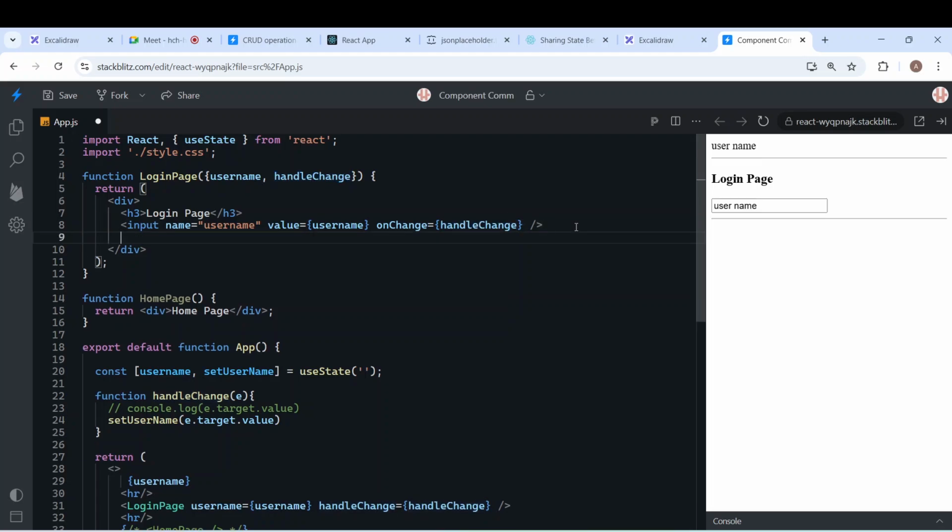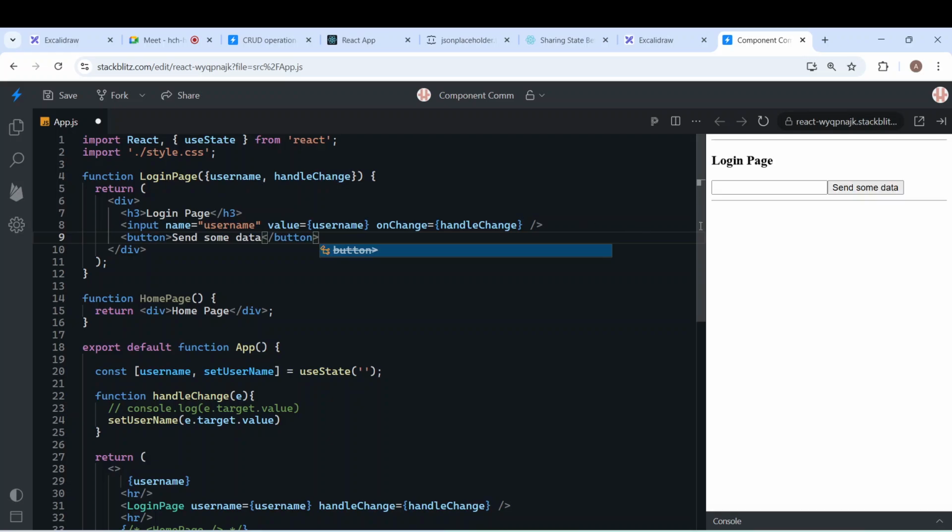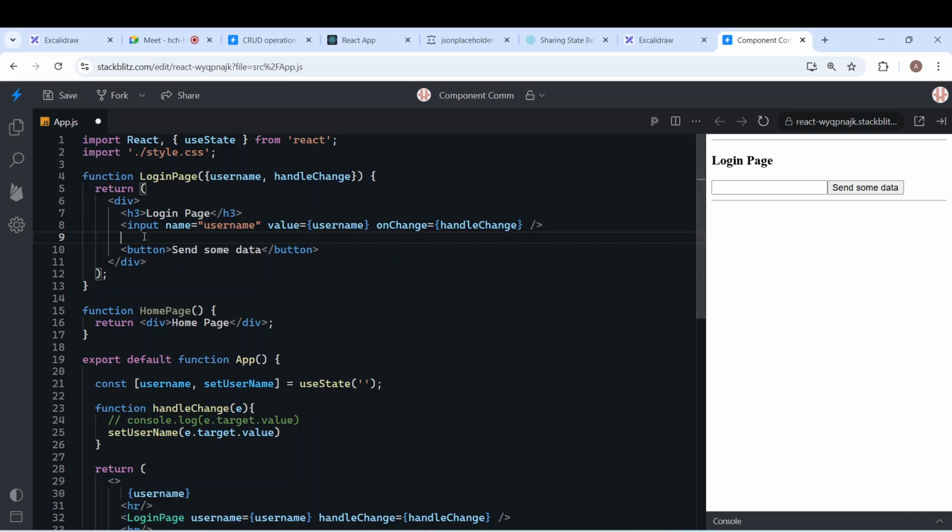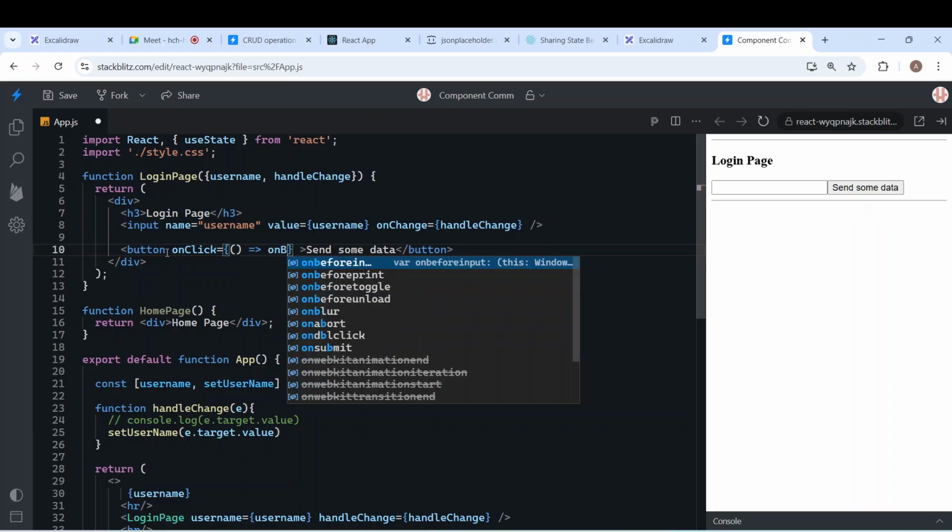For example, I have a button here. So send some data. I'm just showing you another example here. You might get confused with, okay, I need to pass both the things. No, you need not. So on click, I would like to handle the on click event. How? I can write an inline function here and say, okay, on button click,